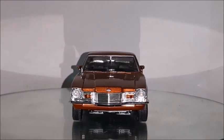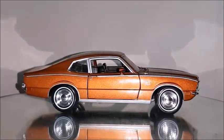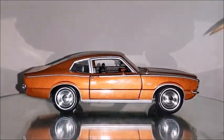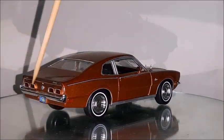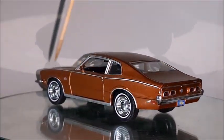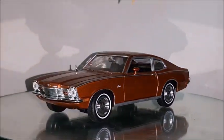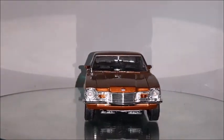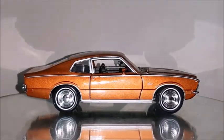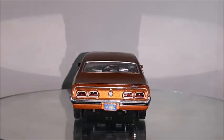And here we have the Mercury Comet. This is basically a Ford Maverick with some upgraded trim. What's the difference between the Ford Maverick and the Mercury Comet? Besides the front and the rear, we had this trim that used to go all the way on the side from front to rear. There was a chrome trim and some extra trims, badges, and emblems. But it would be a smartened up Maverick with the same engines and the same options of transmissions, with just